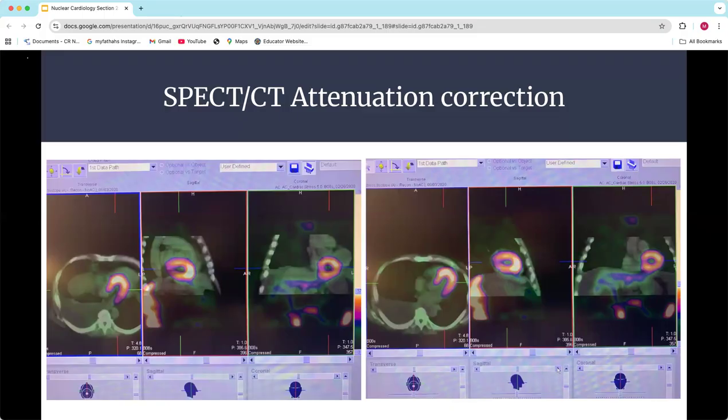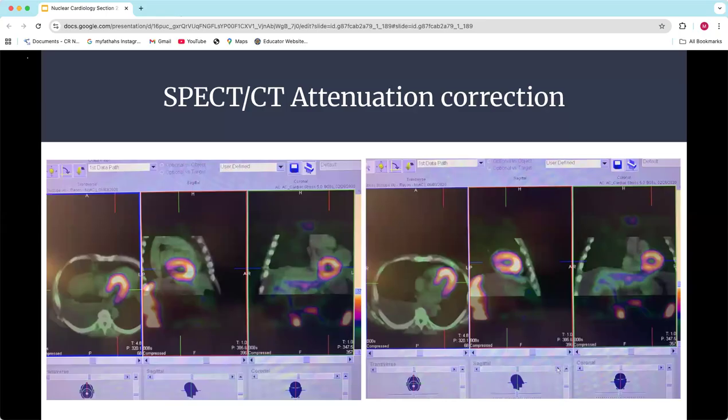I just wanted to pop in right here before we start looking at images, because we're going to talk about some pitfalls and ways to get around problems that can happen in your images. This is a problem that we've honed in on quite a bit at our department. We found it to be something that can cause a lot of issues. And last semester I talked about it when we talked about CT attenuation correction.